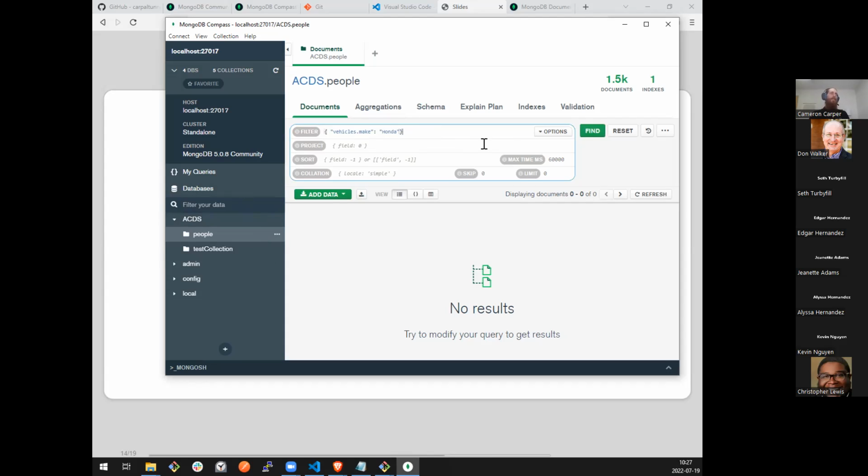I assume that there are ways to count how many objects are in an array, right? So if I wanted to check who had like 2 cars or who had 4 cars, there's a way to do that. Yes, I believe I have a section on arrays specifically, and there is, if I'm remembering correctly, a size operator that will return the count of the number of items in the array. That does bring up an interesting point, that the Mongo shell that we looked at earlier is effectively just a JavaScript interpreter.